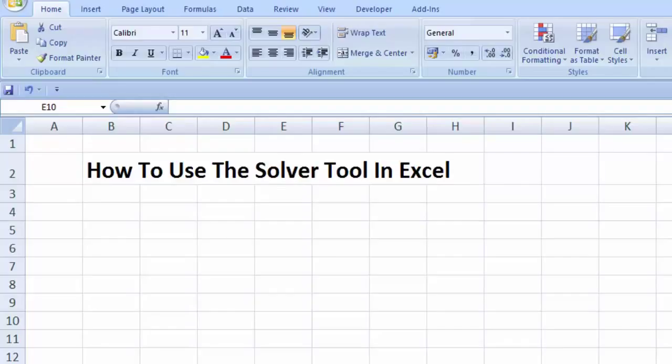In today's video, I'm going to show you how to use the Solver tool in Microsoft Excel. But before anything else, let me tell you more about the Solver tool. Firstly, the Solver tool is an add-in tool in Excel. This means that it is not installed by default. Also, the Solver tool must be used on a cell that already has a formula